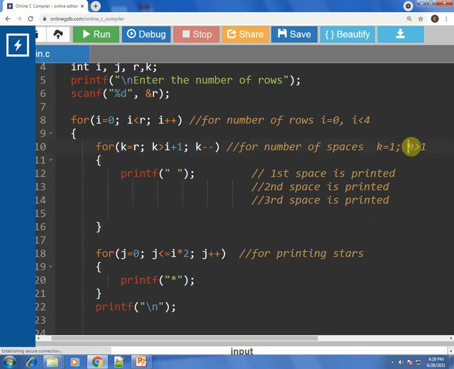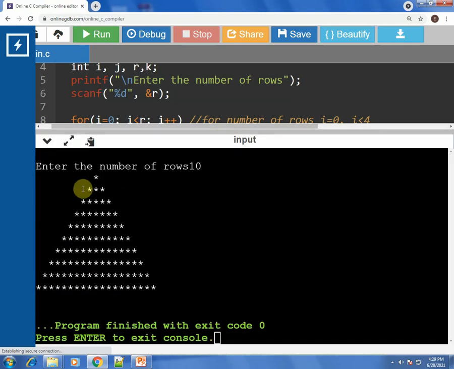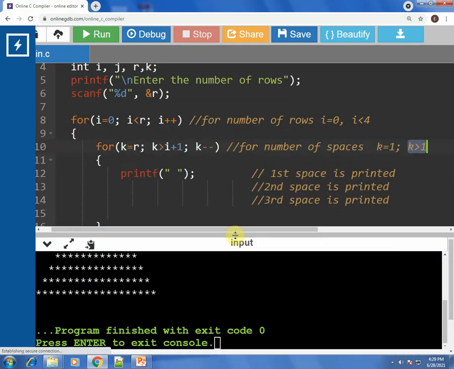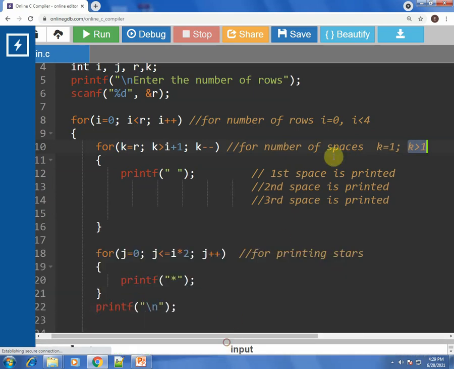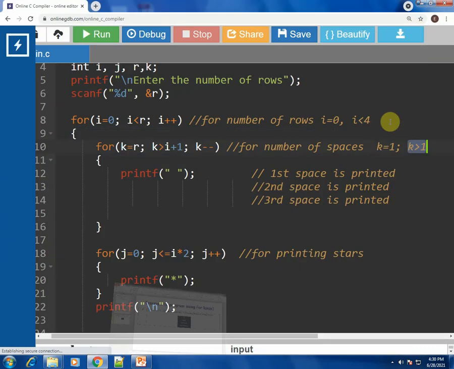So this condition fails, hence you would not print the fourth space. You will just print 3 spaces. That's how the pattern looks. First time you would have only 3 spaces if the number of rows is 4, as you see over here: 1, 2, 3 spaces.